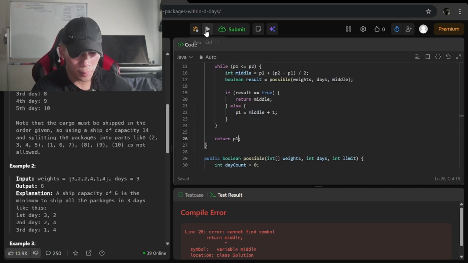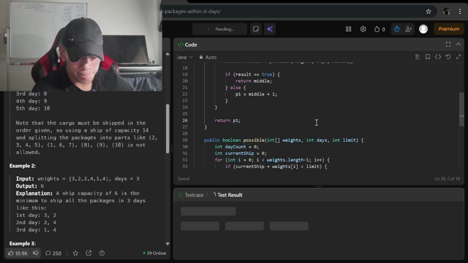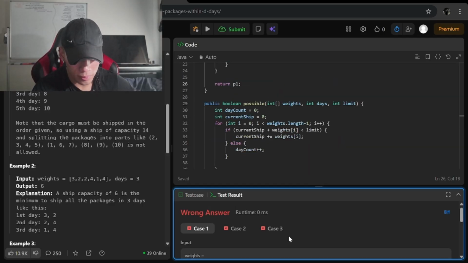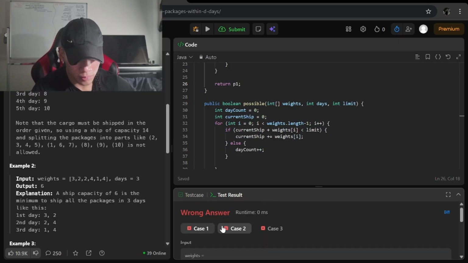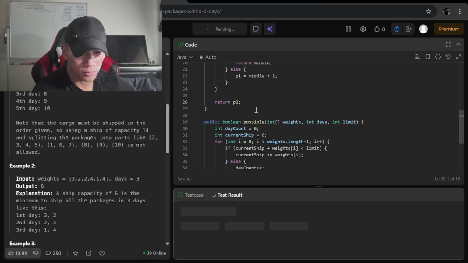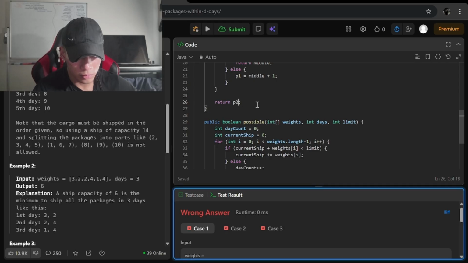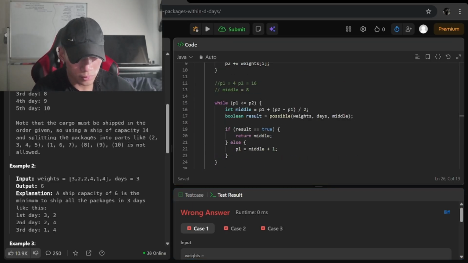Some people aren't even using helper functions. What happened?